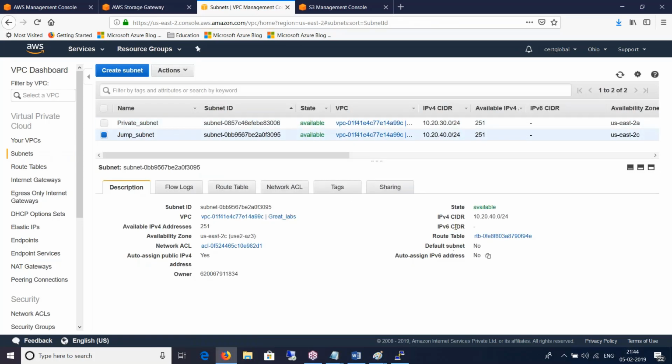Where is it? Yeah, right here. Okay, so jump subnet, any instance that is created in the jump subnet will get a public IP because it is set to yes. But any instance that is created in the private subnet by default will not get a public IP because we have that setting on and off, right?